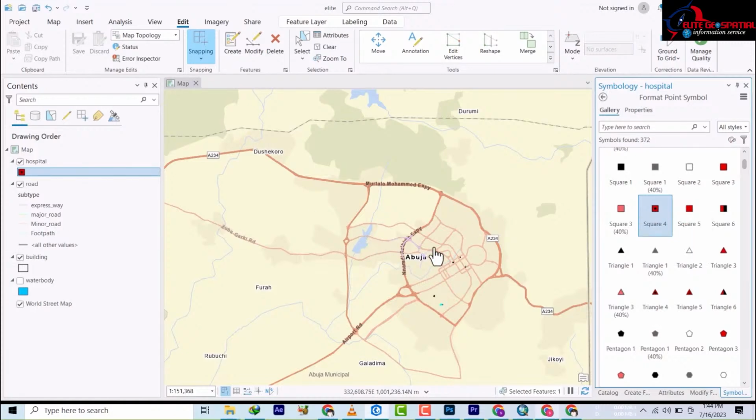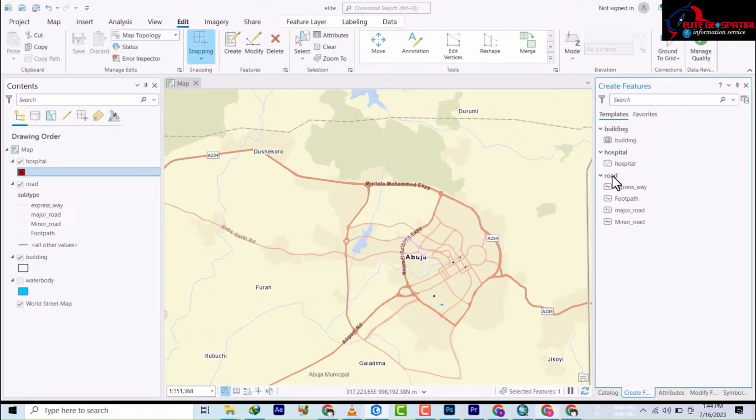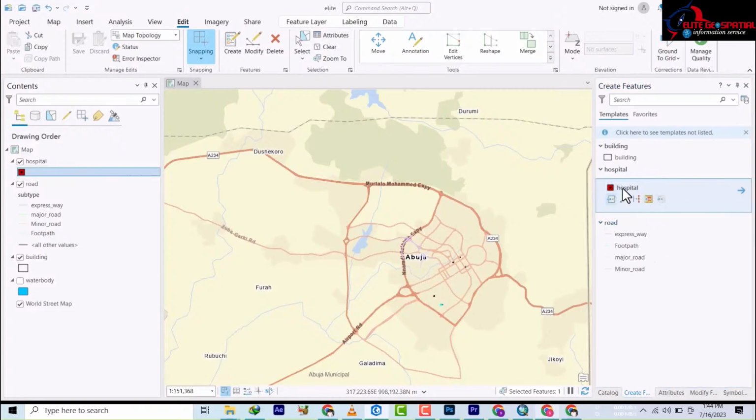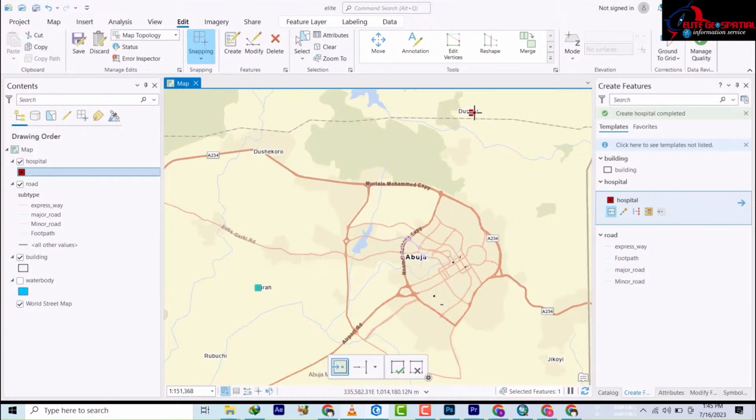So now all you need to do here, once I open create features, I'm going to click on the hospital once the create features comes out. Okay, so I'll click on it, and then it's telling me it's point. So all I need to do is to come where I want and then click on it. So I'm going to click on Durumi. I'm going to click on Shikoro. I'm going to click on Jukoi,